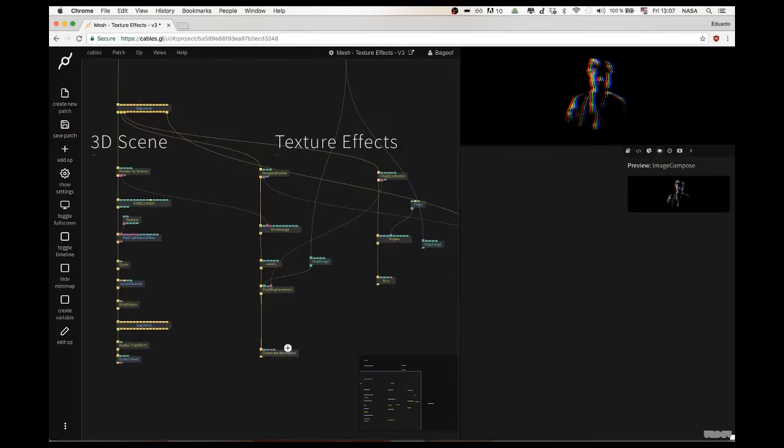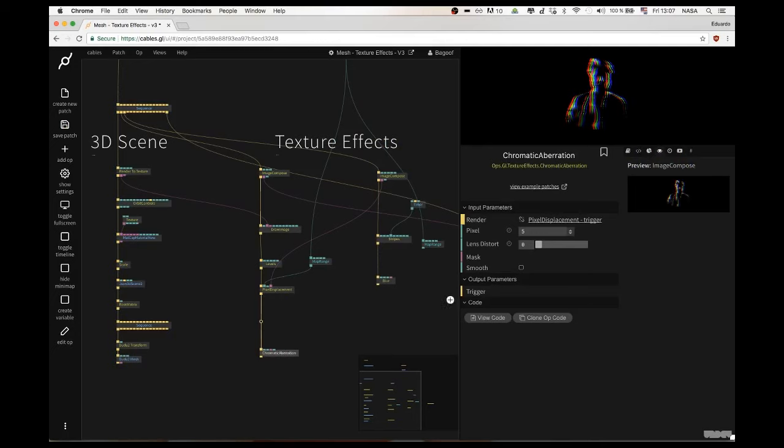I know I should have checked this before I said it, but just for the sake of the tutorial and the explanation, it's pretty much adding some reds and blues on the corners of your image. So you see here, this is simulating how a lens from cameras behaves. So for example, if I add a lot of chromatic aberration on the pixel input here, if I make it, I don't know, 10,